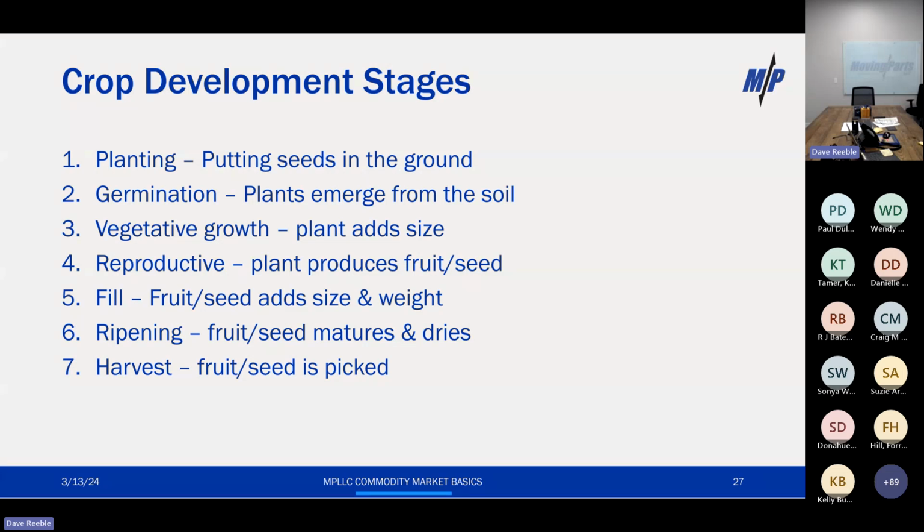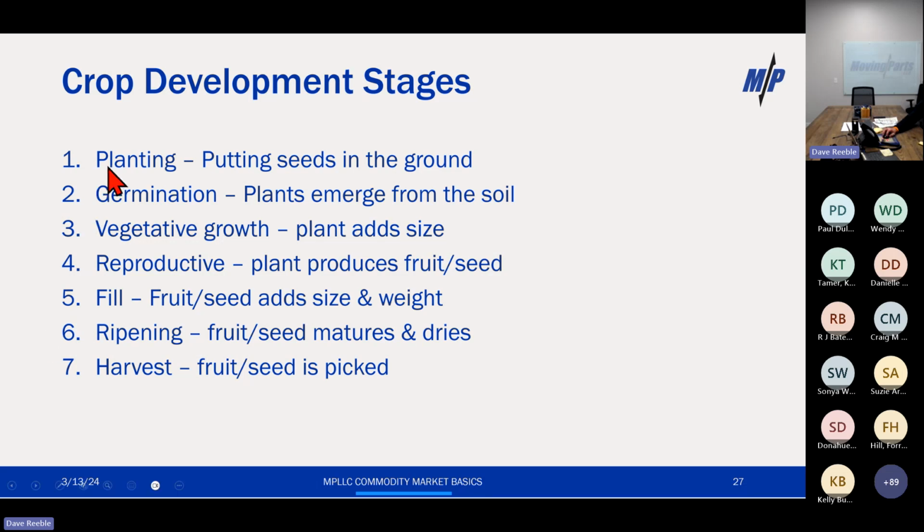Now, when they say crop conditions, the USDA rating is very much a bit subjective, kind of visual based. They'll rate the crops as either excellent, good, fair, or poor, and they will tell us what percentage of that crop falls into each of those 4 categories. That helps us as we go through the growing season to monitor the crop health. How's the crop doing? To start giving us some ideas of how many bushels might be out there when